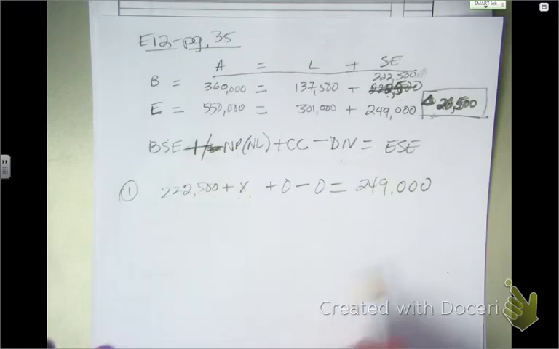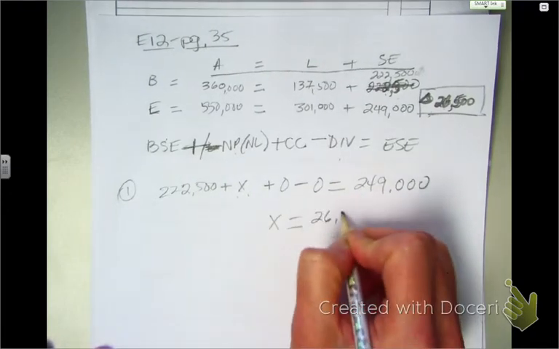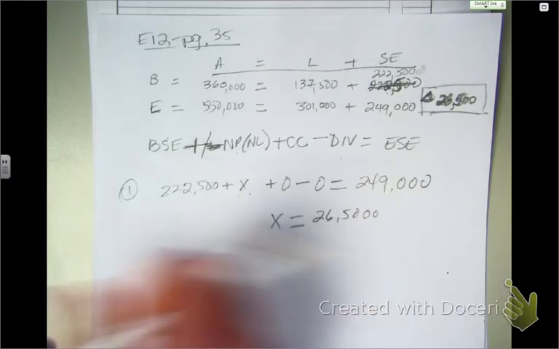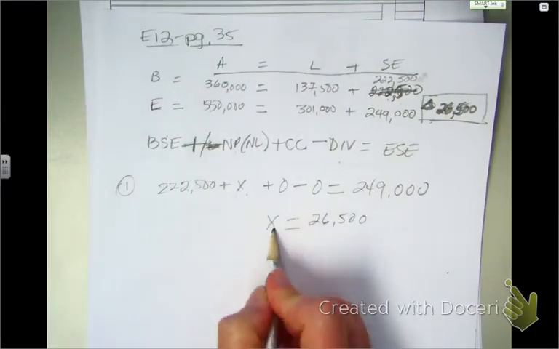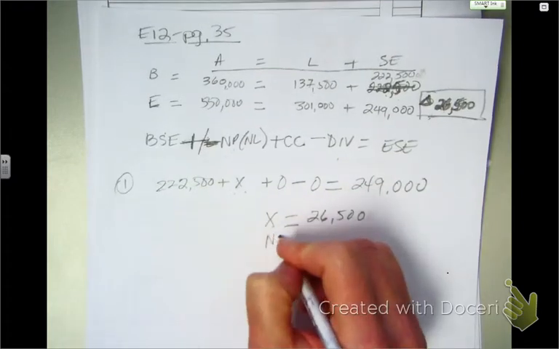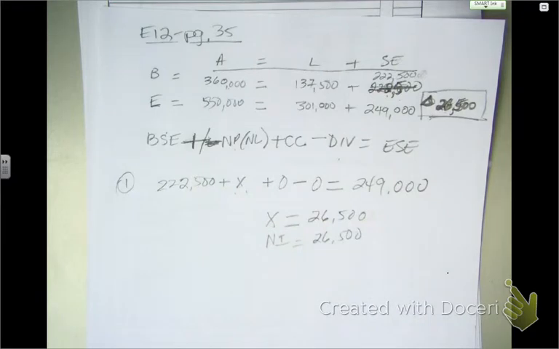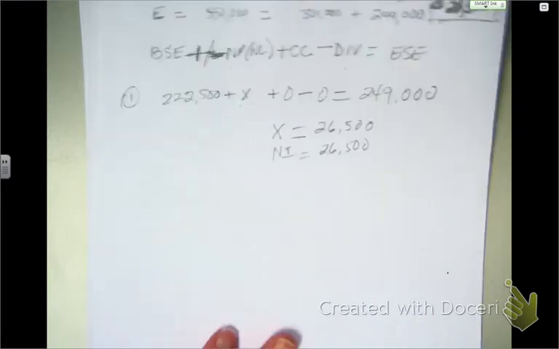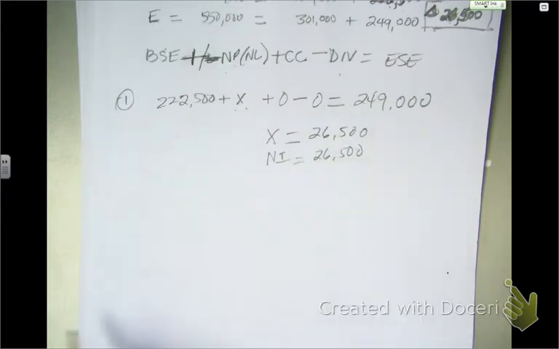So when I do the math here, X is going to equal the whole change, 26,500. So net income in this scenario is 26,500. Now I get it. Okay? So all you're doing for each of the scenarios is you're plugging the knowns into the formula. You should have gotten